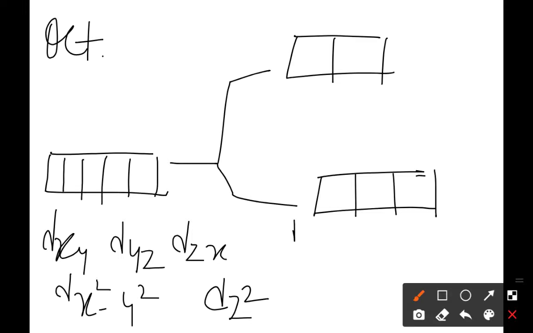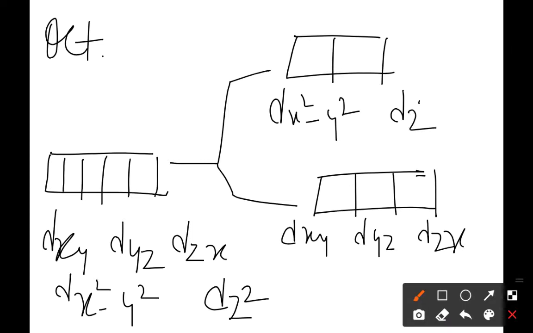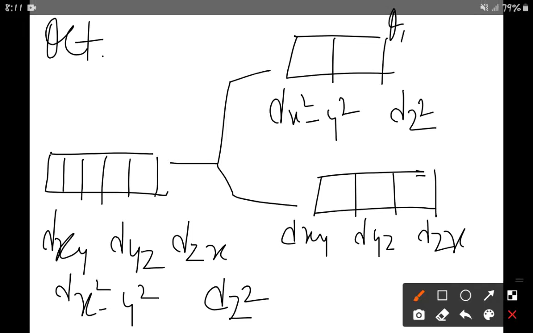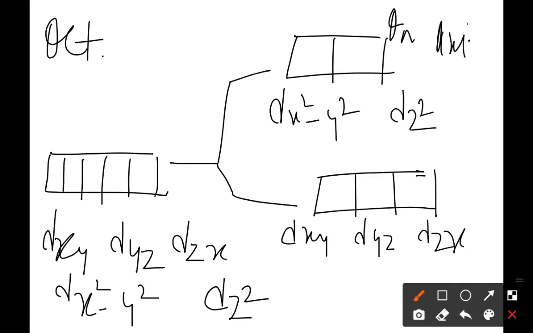These three orbitals are dxy, dyz and dzx, and the above two are dx square minus y square and dz square. Dx square minus y square and dz square have higher energy because these are on the axis, and the other three are between the axis. Fine. So I hope it is clear to you that when ligands approach to form the coordination compound, the degeneracy of these d orbitals is lifted and they split into two sets in an octahedral field. The lower set is known as